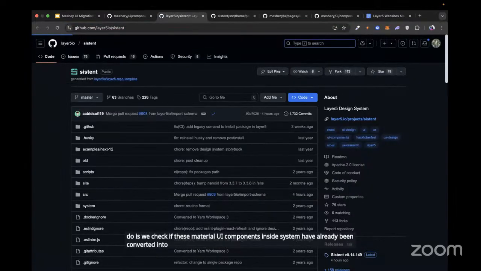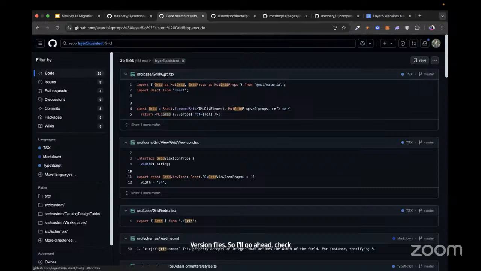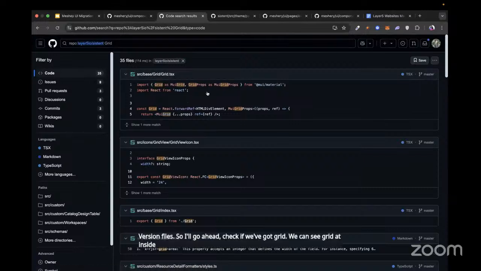I'll go ahead and check if we've got Grid. We can see Grid inside the base component. As we mentioned, the first step is converting system into the latest version, so that you can then retrieve that component and use it. As we know it's already on version 5, we know that Grid exists and it's on version 5.